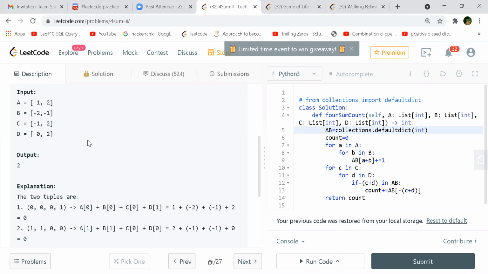I think for brute force we can do 4 nested for loops, and then we keep on adding all 4 elements at the innermost loop and check if it is 0, then we increment our count. And what will be the time complexity of this? O of n to the power of 4.